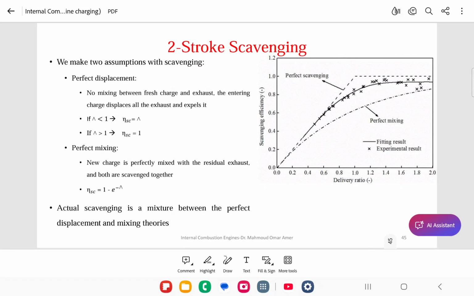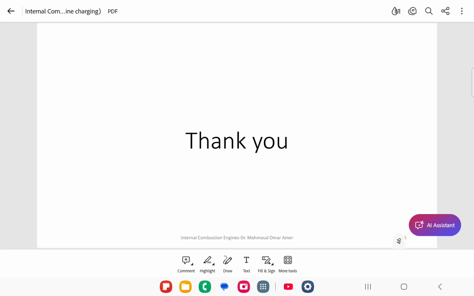It's a part mix between both of them, and also it never reaches 1, because you can never adjust it so all the exhaust exits from the cylinder. They are still gases, so mixing will occur between them. Okay, that's it for